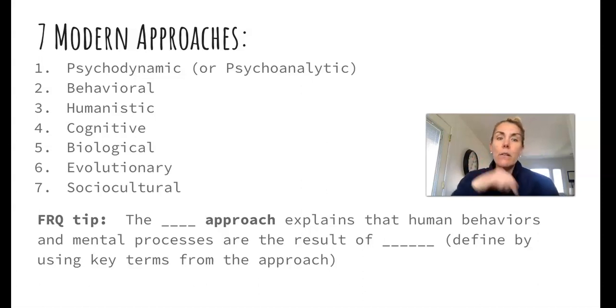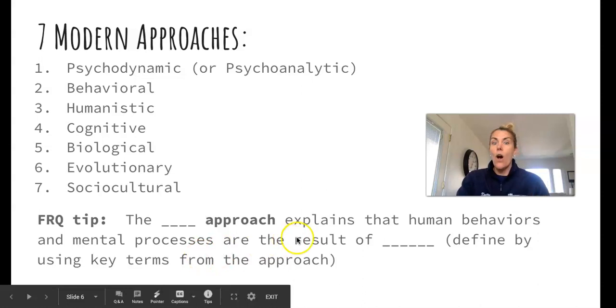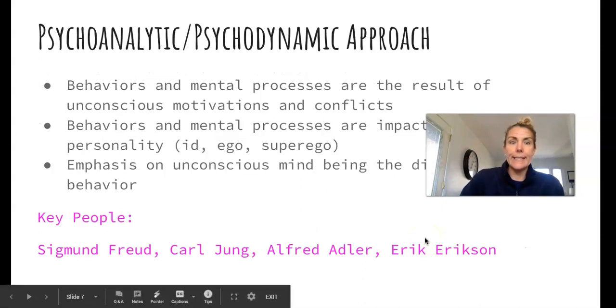And then I just threw in here a little FRQ tip that if you were ever asked about a theory in the FRQ, you could always structure it like this: the behavioral approach explains, use this psychology definition in here, explains that human behaviors and mental processes are the result of, and then you would define behaviorism or behavioral theory, okay? All right, let's start with